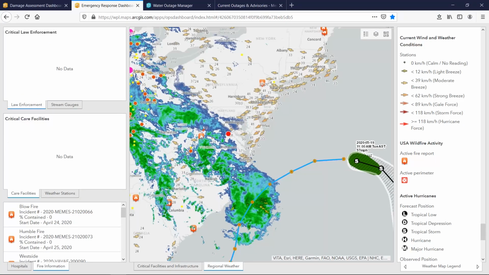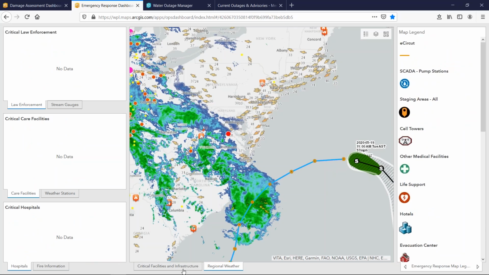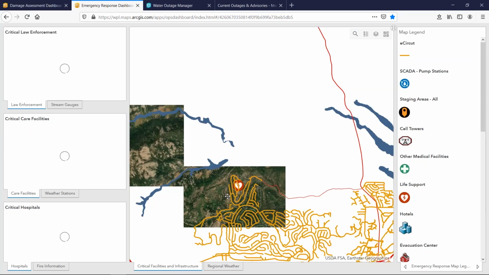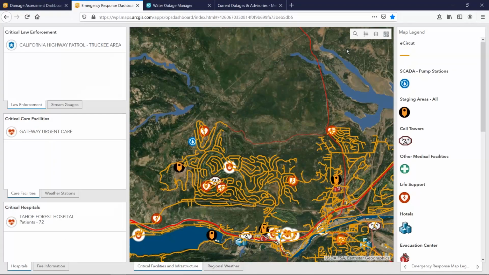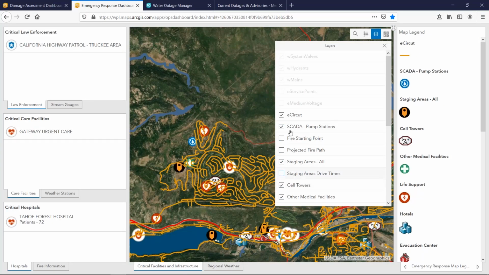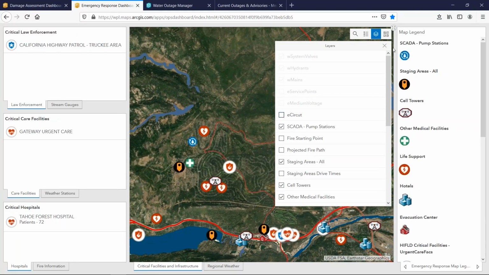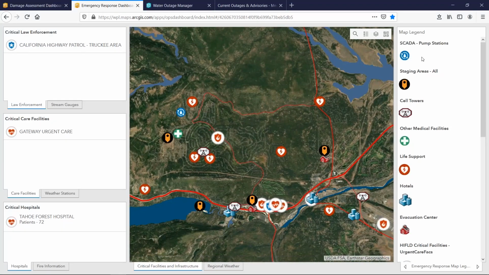Now, there's one last thing I'd like to mention because we get a lot of questions about disconnected workflows. So let's say this is a major emergency like a hurricane or an earthquake, where these cell towers that we're seeing here might be damaged and there may be no mobile data available. Well, that's where these staging areas, represented by the orange pins and the black circles, come into play. As mentioned in the first webinar, these have been strategically placed based on spatial analysis, and hotspots can be set up at these staging areas and workflows based on these locations.